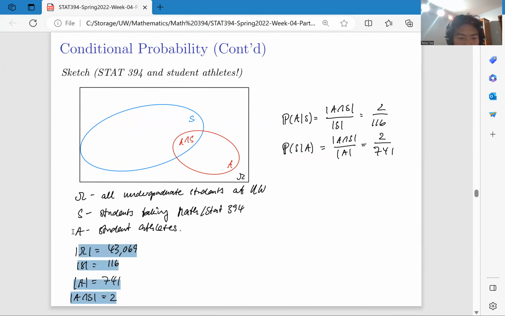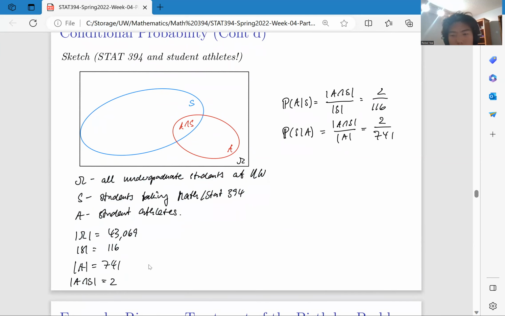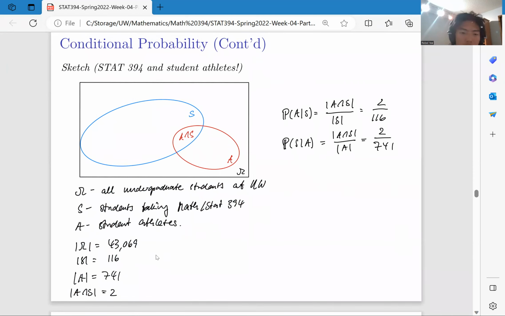And we ask how many students are athletes in our class. There are 2. So the intersection of athlete and student taking 394 is 2. So let's consider several cases. What is the probability of A given the condition S? If we already know a student is in the class 394, what's the probability that he is an athlete? This is given by the cardinality of A intersection S divided by the cardinality of S, which is